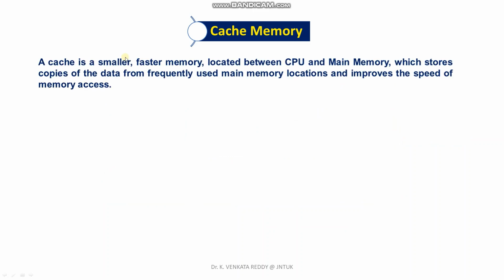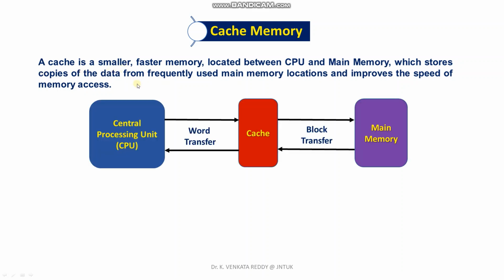Cache memory is an important component of personal computers these days. Cache memory is basically a small sized, high speed, static random access memory that is connected between the central processing unit and the main memory. And this is the central processing unit. If it is a microcomputer, this is called a microprocessor. And this is the main memory. At present, we are using up to 16 GB of DDR4 SDRAM as main memories. Here we place a small sized static random access memory as cache memory. The size of the cache memories is very small, in the order of a few megabytes.